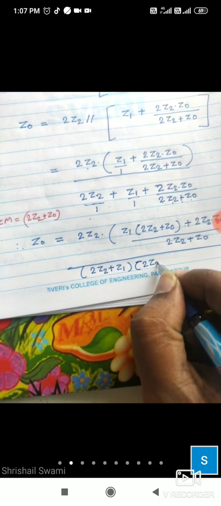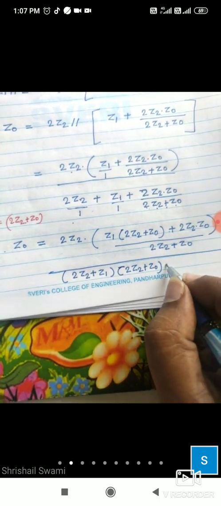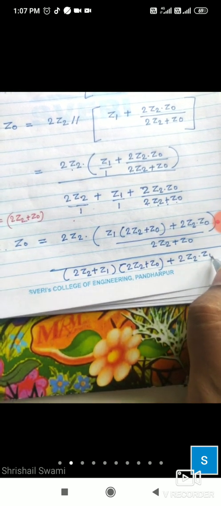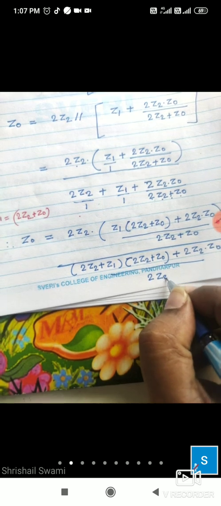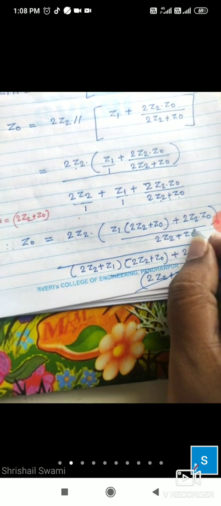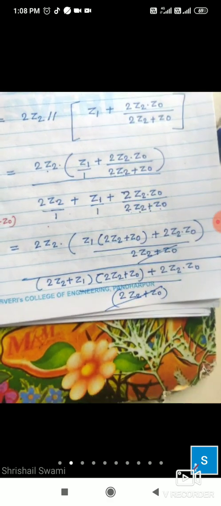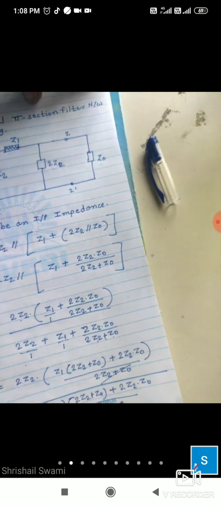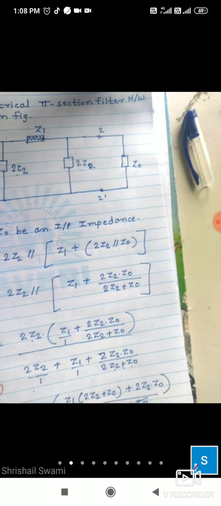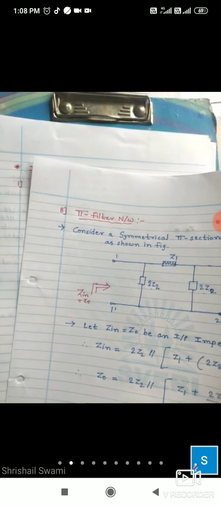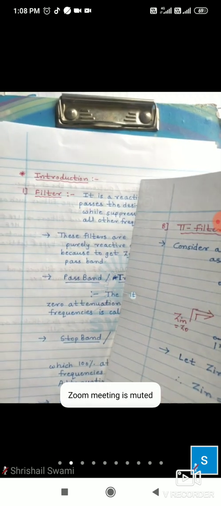In bracket 2z2 plus z0 and this is as it is, plus 2z2 into z0 divided by 2z2 plus z0. म्हणजे हा आणि हा कॅन्सल होतो. ओके, सो डू इट प्रॉपरली. सो व्हॉट इज रिमेनिंग, काय काय राहिलं बघा. So z0 is equal to, what is remaining here, 2z2